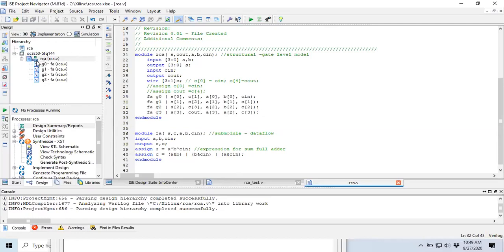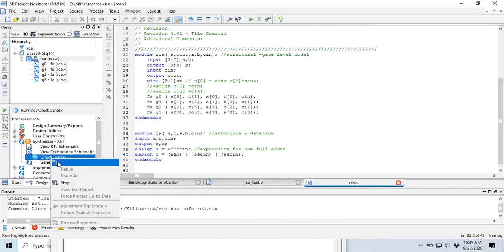We can see that I have a ripple carry adder which is having 4 sub modules. The name of each sub module is full adder only, but it is called 4 times. It is like using an AND gate 4 times, but the AND gate is the same. Only what the input is changing. So the full adder is the same, and we have called it 4 times. So this is okay. Let us check the syntax.